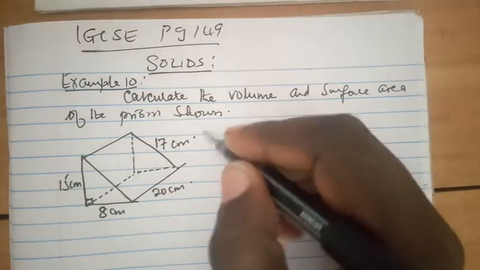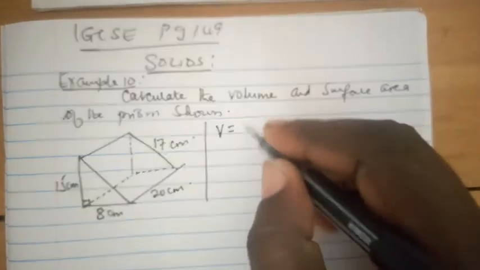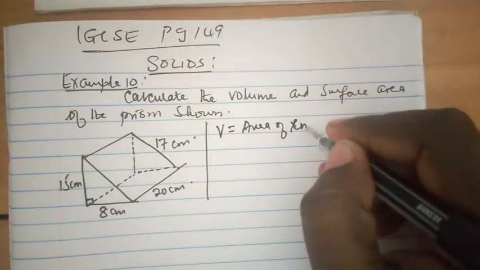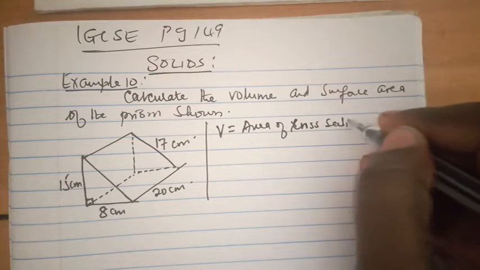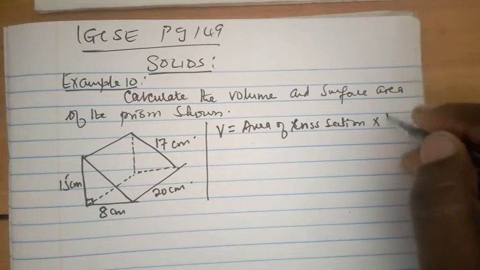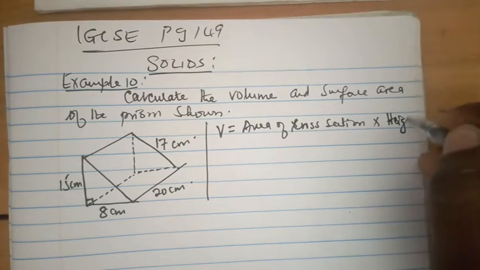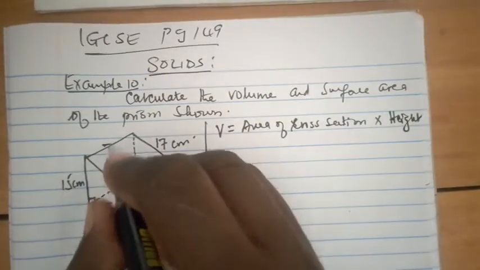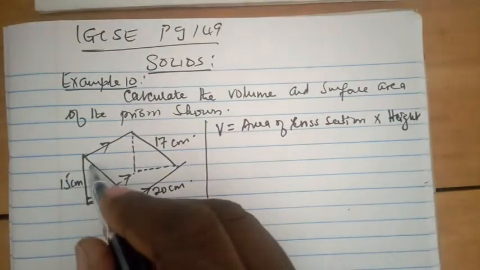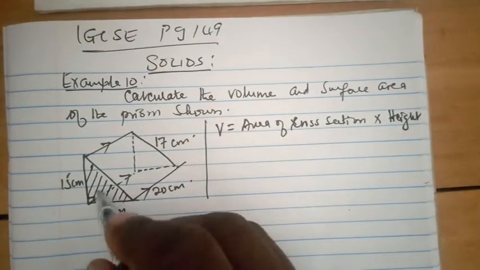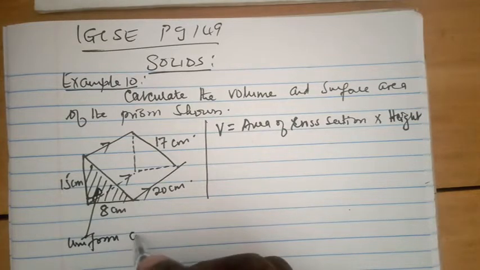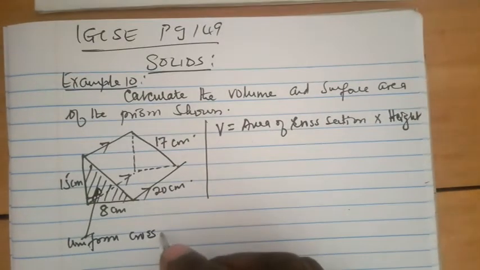First of all, you know that the volume is the area of cross section times the parallel sides, or the height. Let me call it the height. The parallel sides, of course, you can see it's that one, and that one. And this particular region, if I may shade that, is the uniform cross-sectional